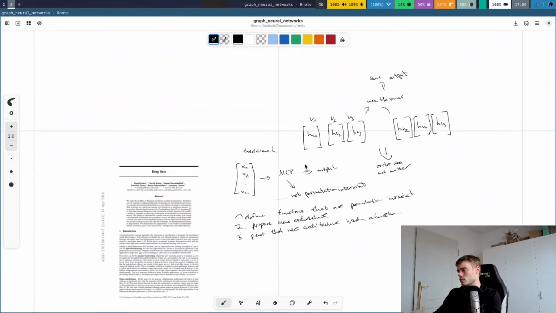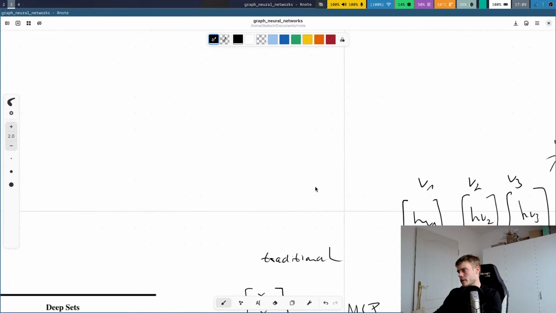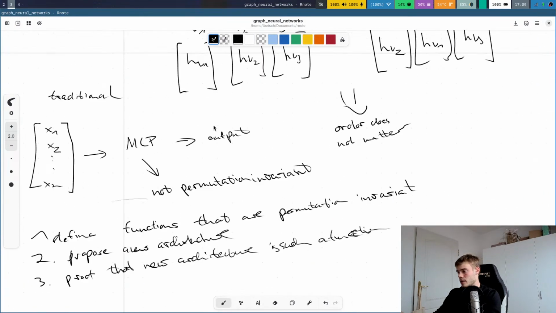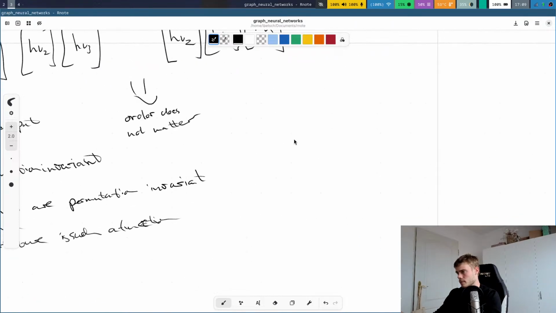One easy thing I could imagine is that, for example, for all of these, because they mention parameter sharing,